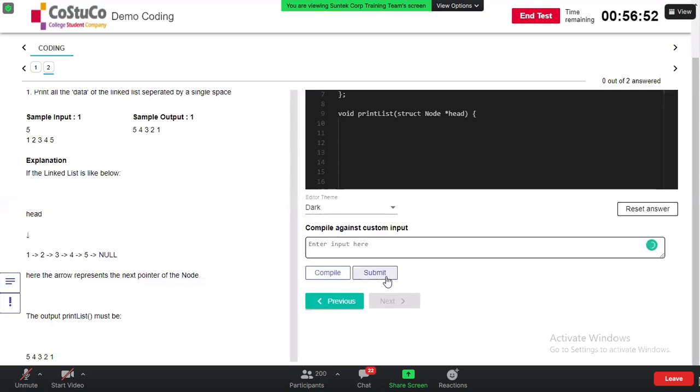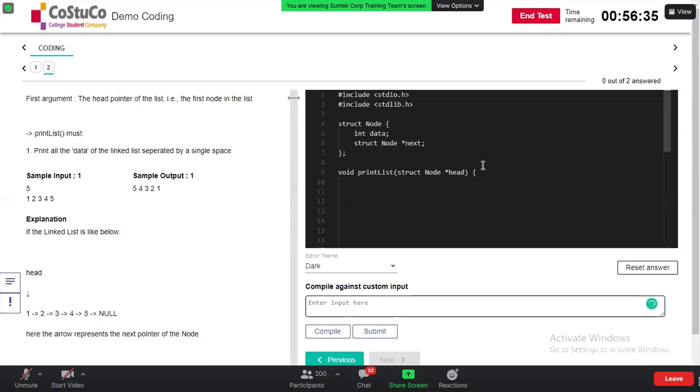In MCQs, you don't have to submit. Your answers will be automatically recorded. But in coding, after you write, even 100 times you can click on submit. That is not any problem. And compile is if you want to check for any errors, you can do that. And after you're done with the complete test, you have to click on end test and your test will be ended.